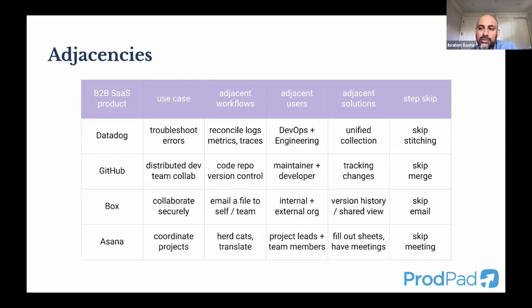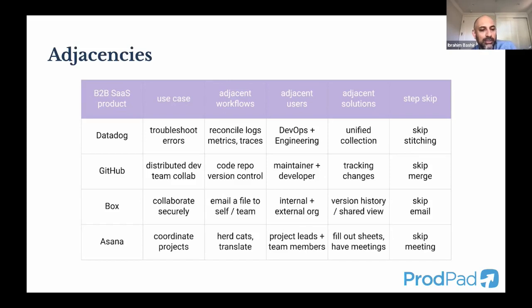If you think about the adjacent users, they really bridged a workflow between DevOps and engineering. And the adjacent solutions they went after were that they really unified data collection, irrespective of how you're doing it. It all gets collected through a unified way in Datadog. I have a concept which I call skipping steps. A lot of times when you're building a B2B product, you see a step that is suboptimal, unautomated, super manual, or heavy on the user. And your product is really helping people skip a step. So if I were to say, hey, what is Datadog doing in terms of innovation or productivity for my organization? It's helping you skip all the stitching of data collection, the stitching of troubleshooting, et cetera.